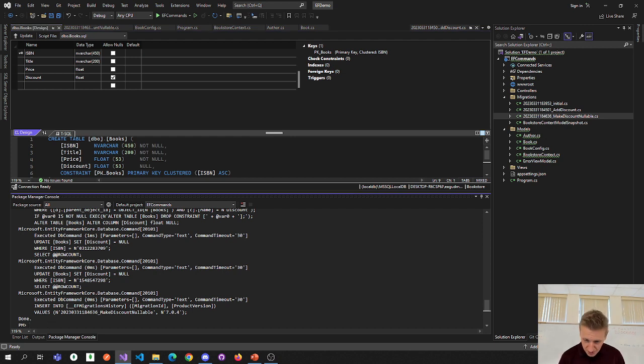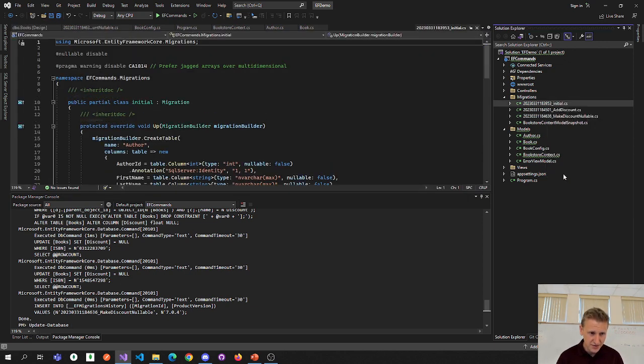Now I want to update the database back to the initial. So if I rename this, rename, copy, I just need the initial. So I'm going to update database hyphen name initial,